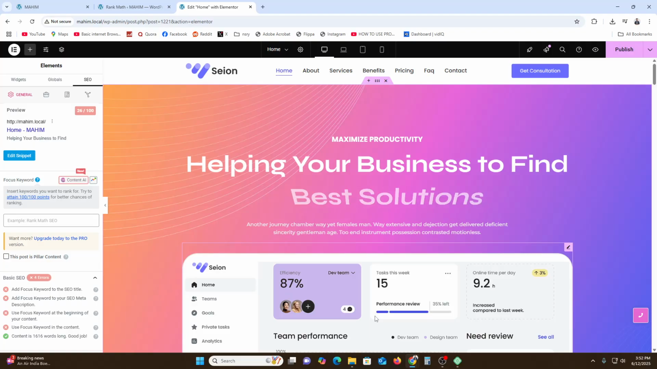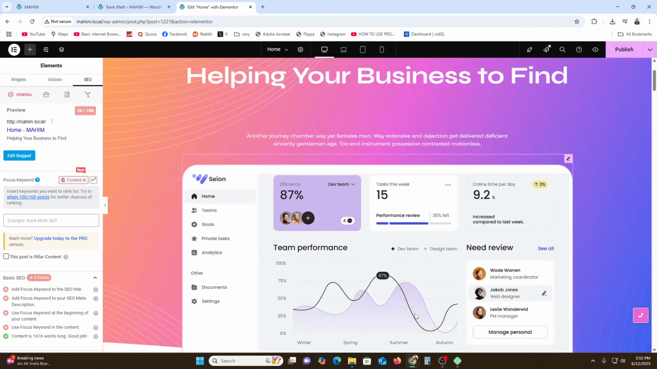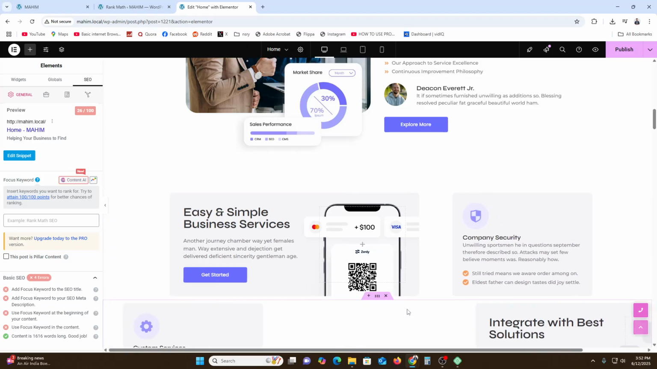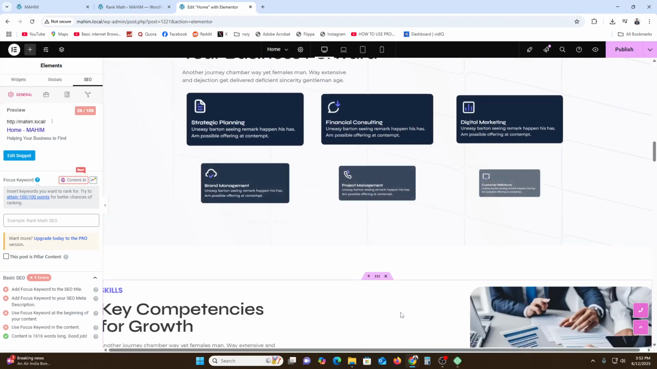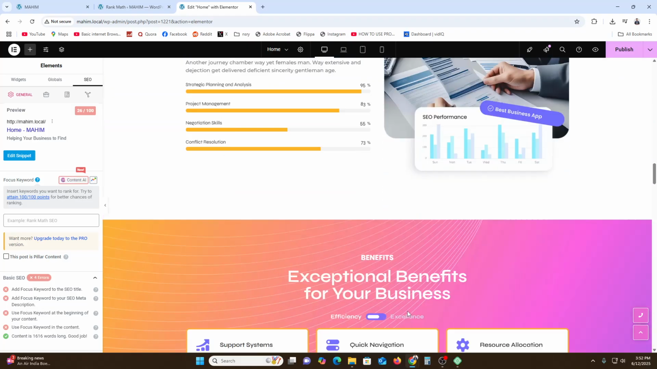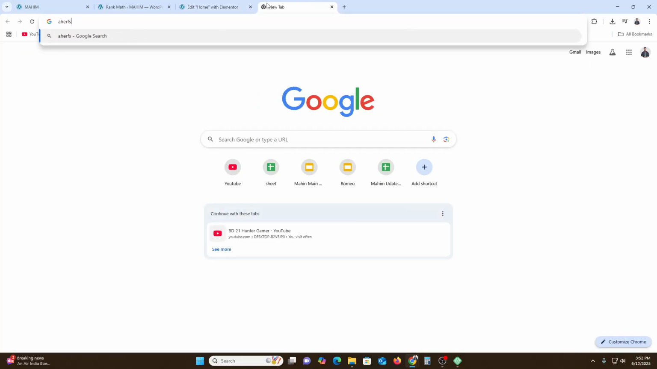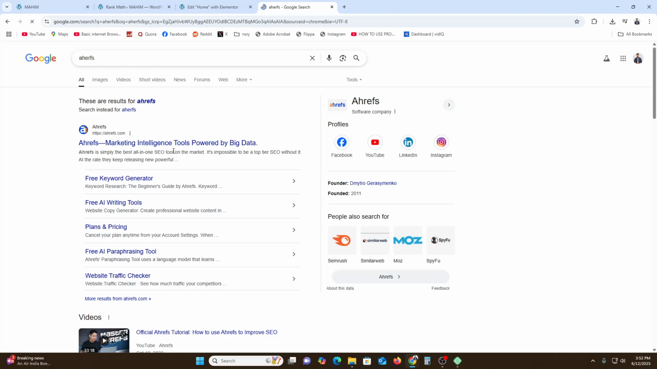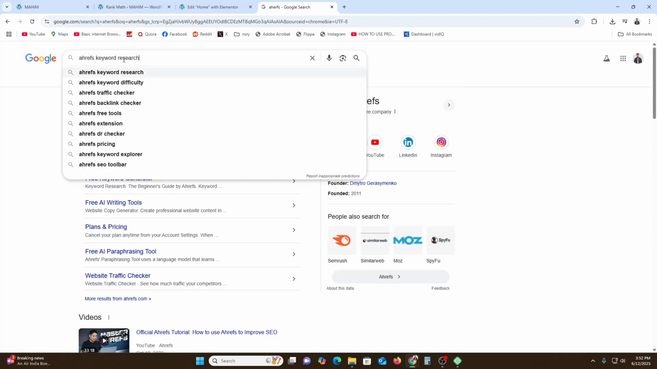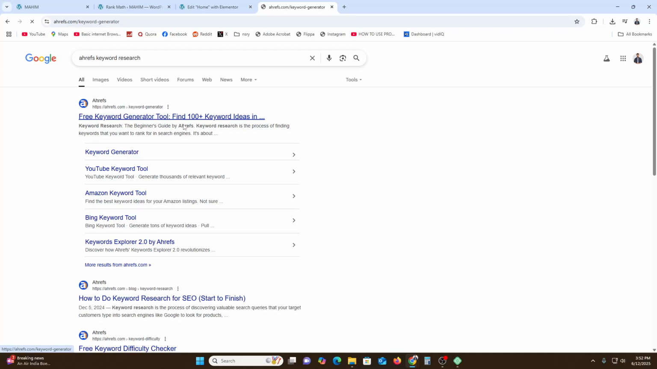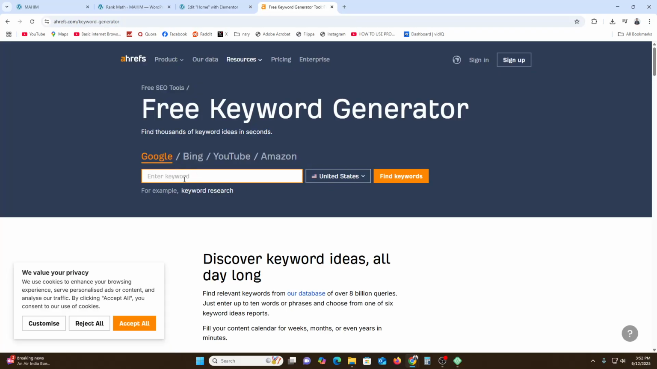So here I'm going to help your business find a top service. I'm going to find a keyword for my business, something like anything I can think of. So here I'm going to click on Ahrefs. It's a great platform to do keyword research. So let's go, and it is free. Now I'm going to search for business planner,